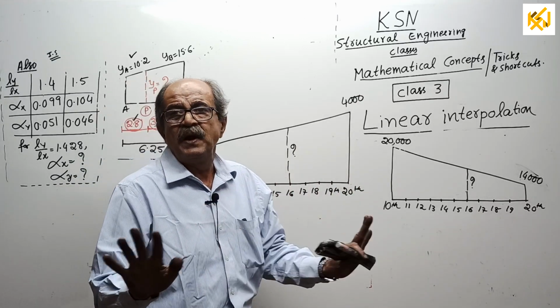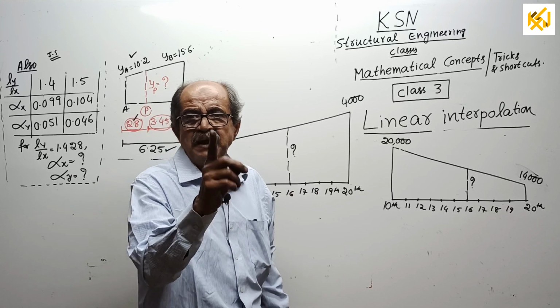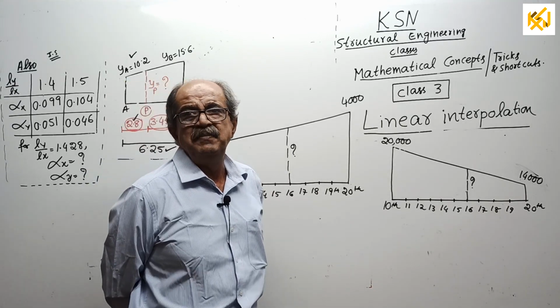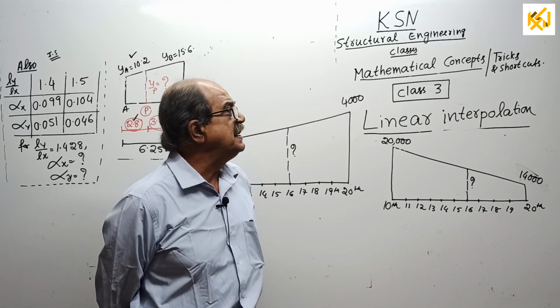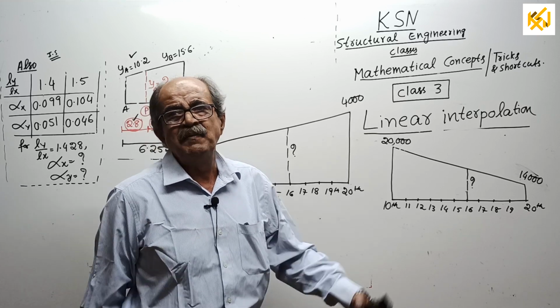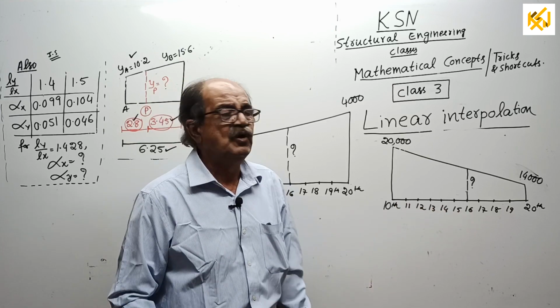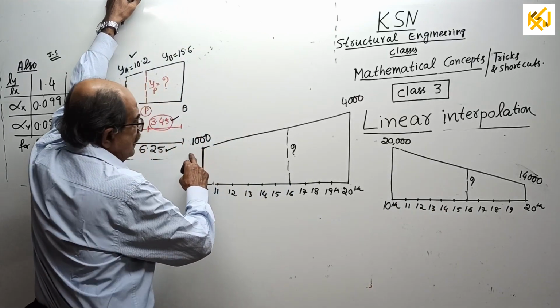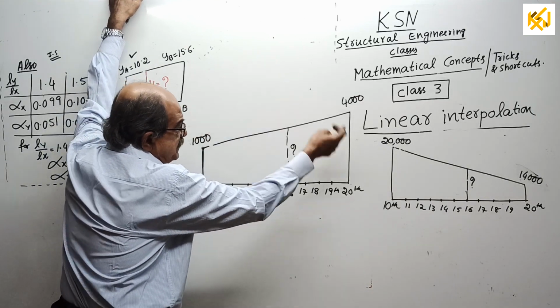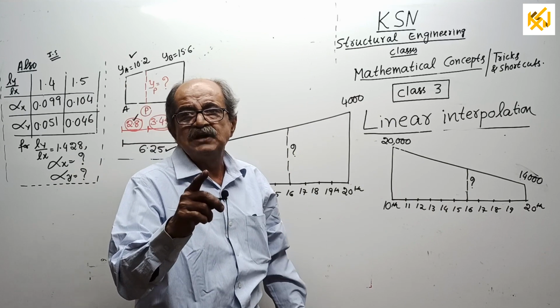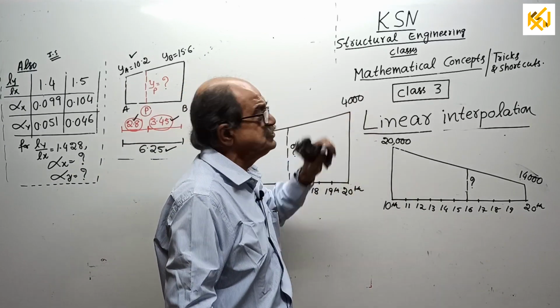Today's transaction is over. The cost of an item is 1000, something. Cost is 1000. Maybe share value or anything. It can be the value of a share. Even a common man will understand. Or you can tell the cost of any commodity. Okay, 1000. Then, after a period of 10 days, on 20th, the cost increased to 4000.